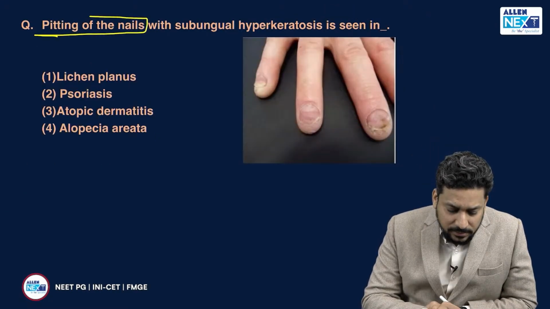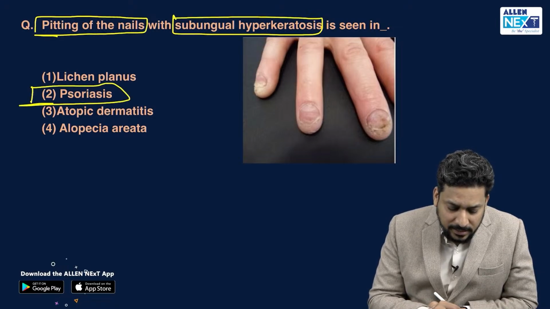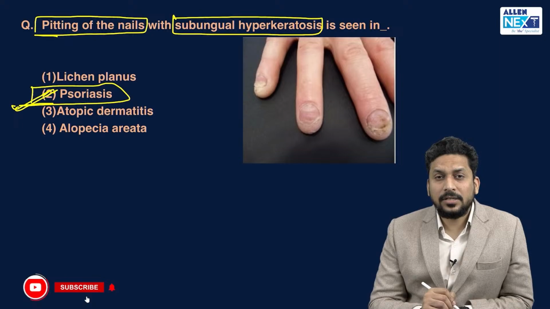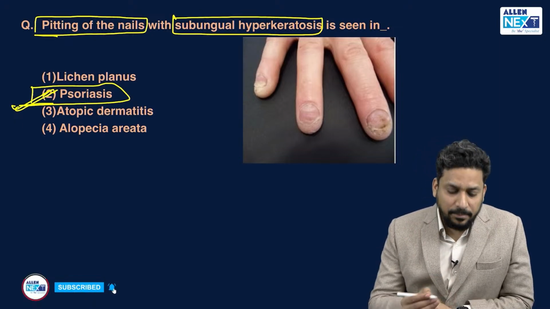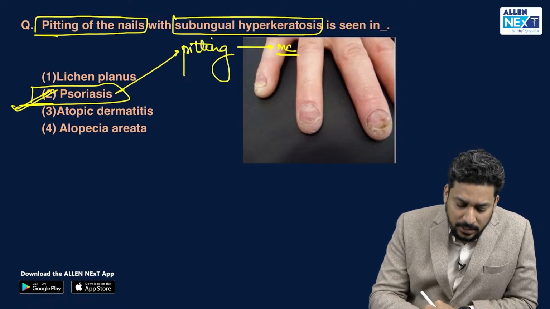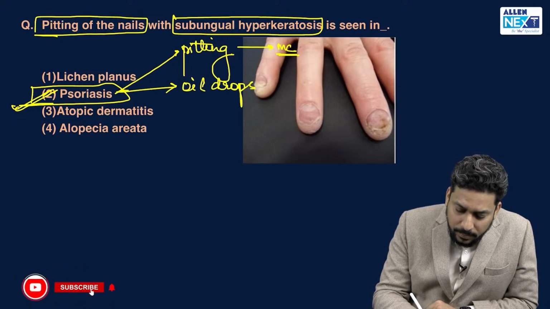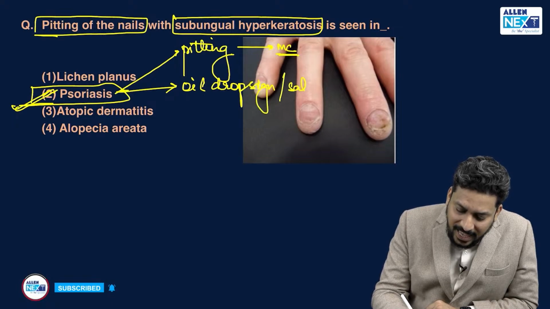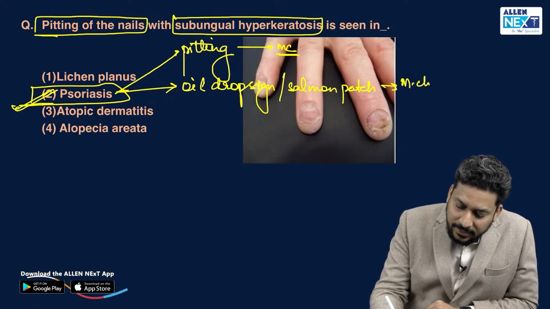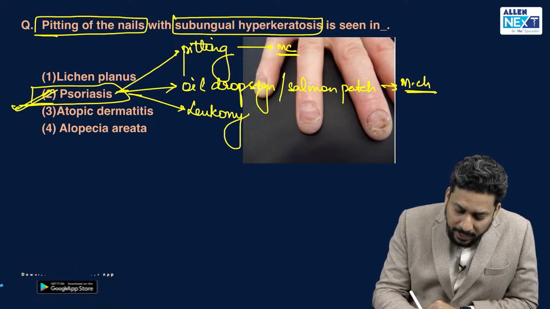Pitting of the nails with subungual hyperkeratosis is seen in, yes, it is seen in psoriasis, because in psoriasis there are various nail changes which can be seen. Like the patient can have pitting over the nail, which is considered the most common nail change. Similarly, the patient can develop oil drop sign, which is also known as salmon patch, which is the most characteristic nail change, as well as leukonychia, that is whitening of the nail,